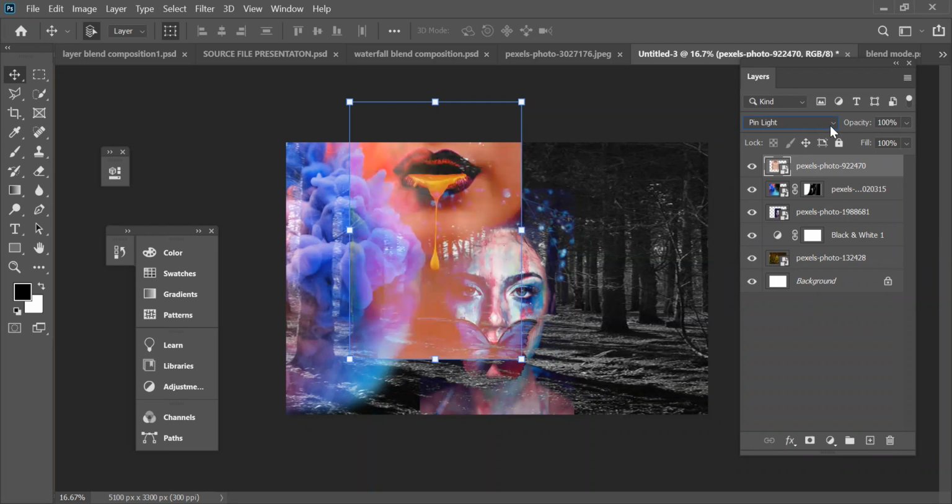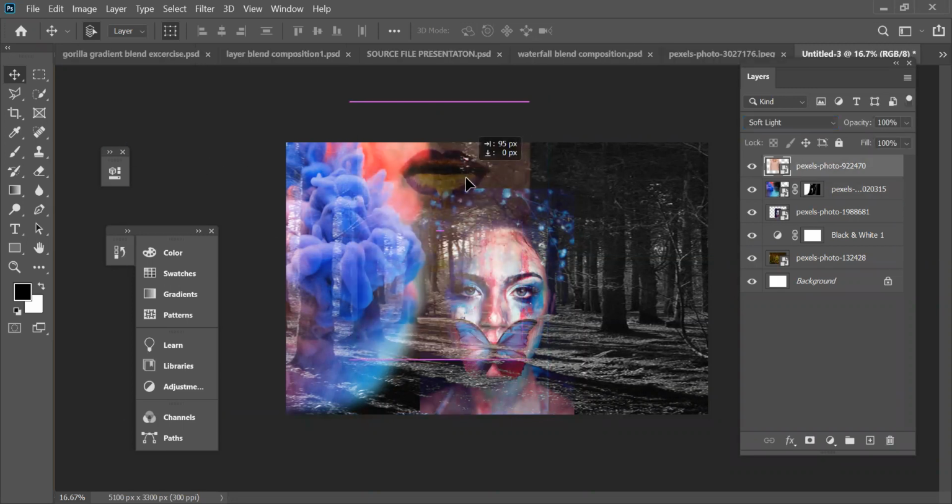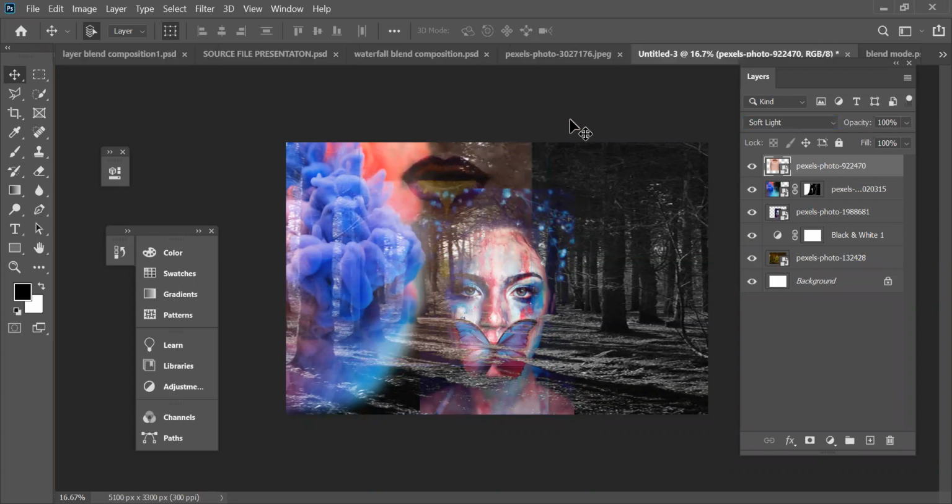And reduce the opacity. Yeah, maybe soft light is looking better. So yeah, this is how I've used this picture, and I'm going to put it over here.